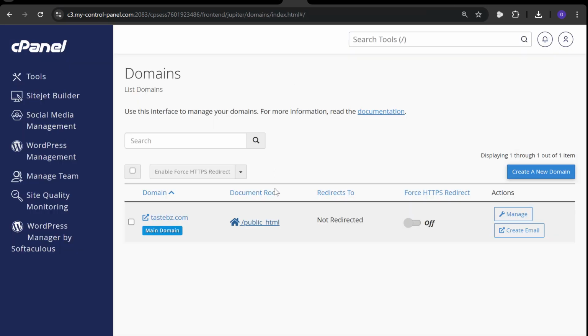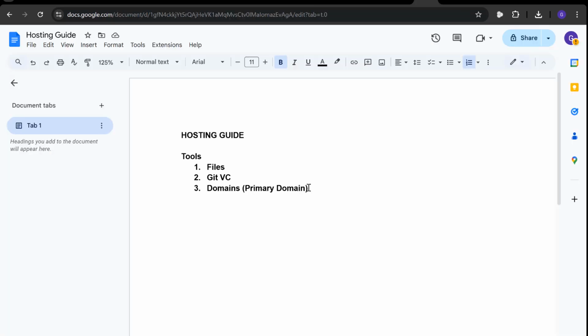So when I go back to the domains, you see that with the domains, you can always enforce redirects, and you can also force HTTPS redirects too. But most importantly, as a beginner, having gotten insights on the primary domain, you must understand how we create subdomains. Now, why do we really need subdomains and primary domains? These come in for cases whereby,